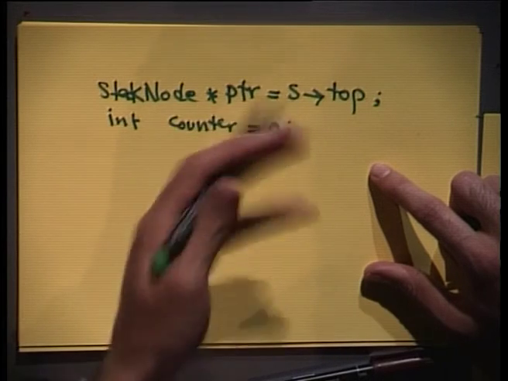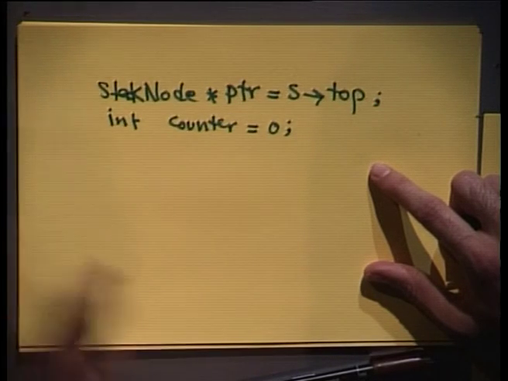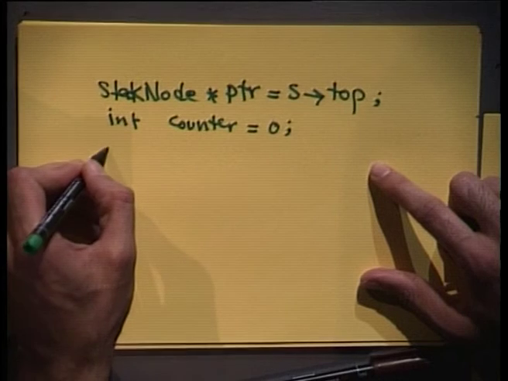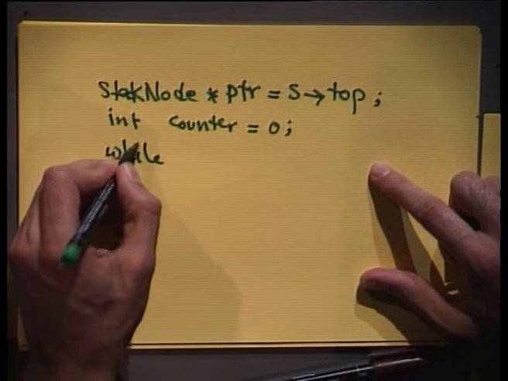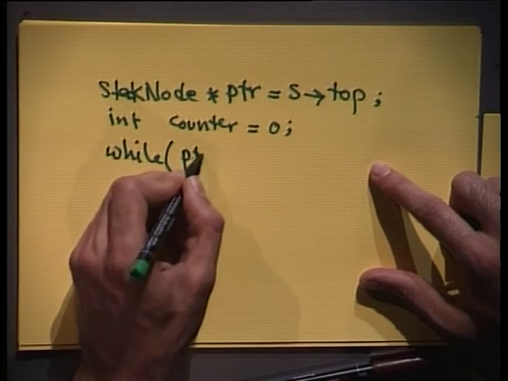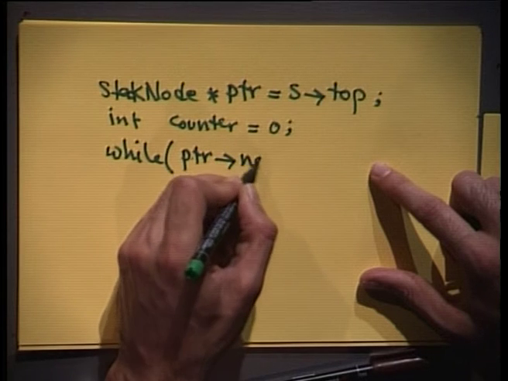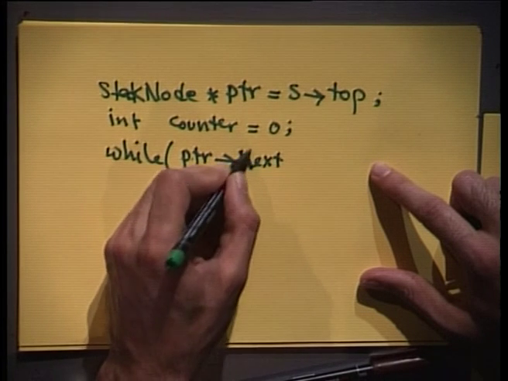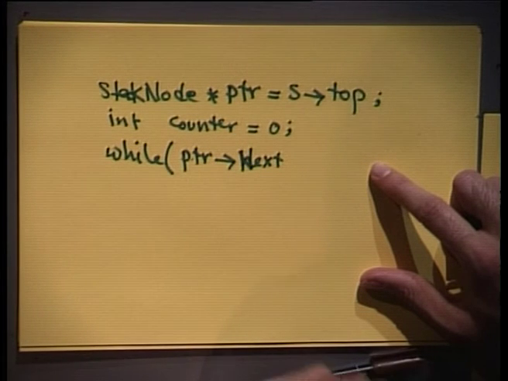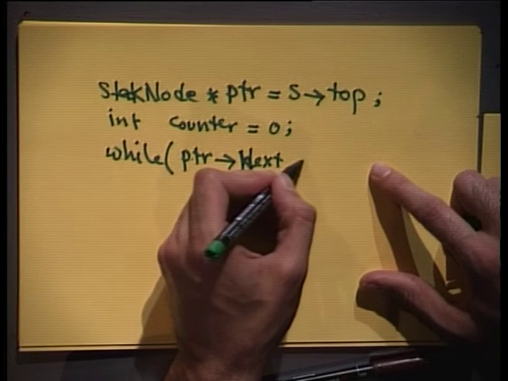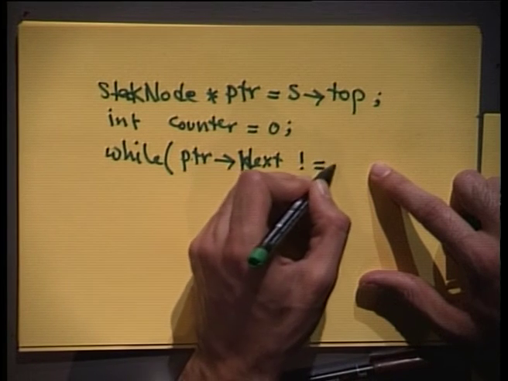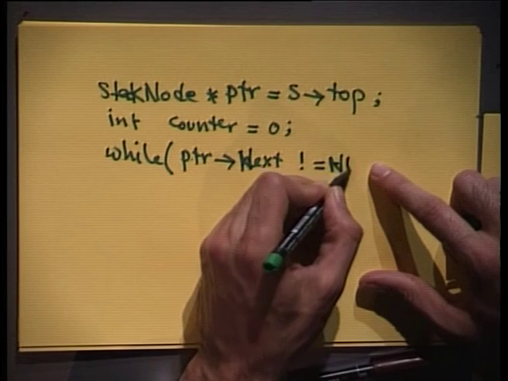It depends upon the way we increment. I could increment before or after. Then I will say while PTR arrow Next, with a capital N to be consistent with what we had, does not equal null,